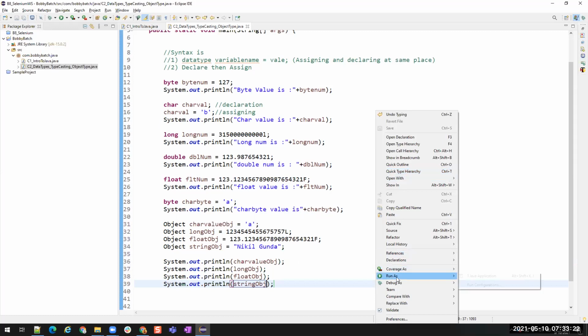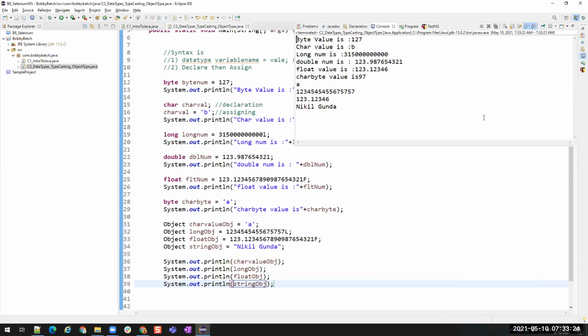Whatever is there will be printed as it is. See, A, and this is one long number, and this is a float number, and this is a string. So we have everything stored inside an object correctly.